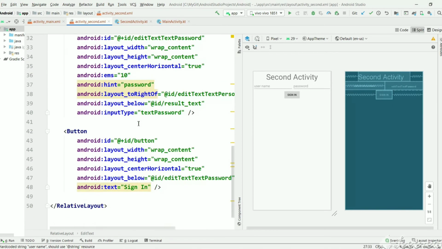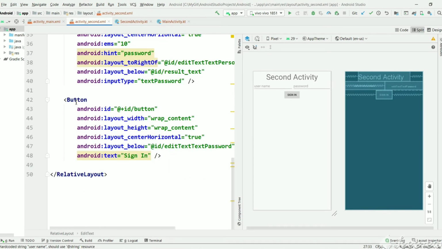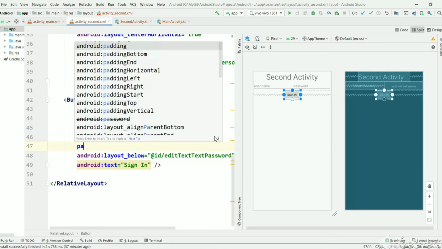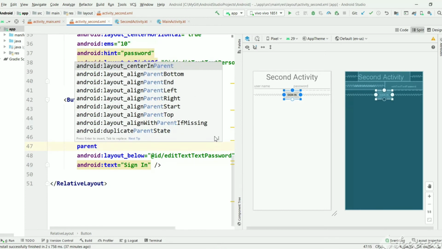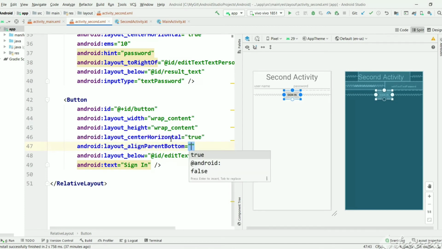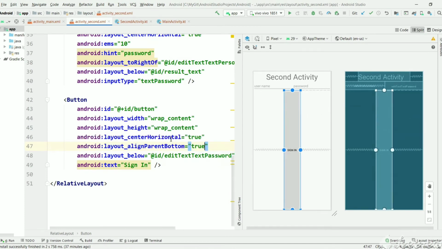And we have so many attributes. Suppose you want to keep the button at the bottom of the parent, we have an attribute, layout align parent bottom. Let's make it true. It is increasing the size of sign in. Why?